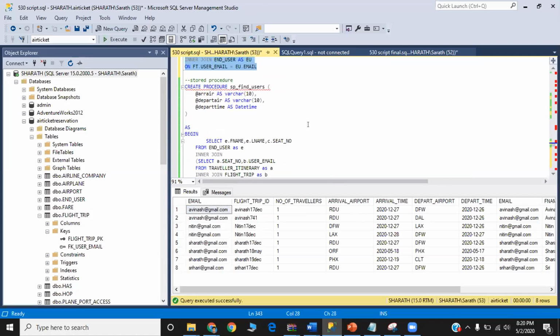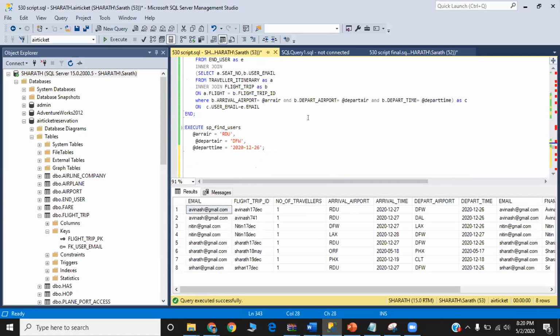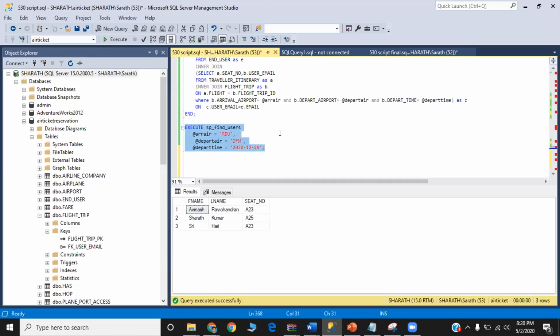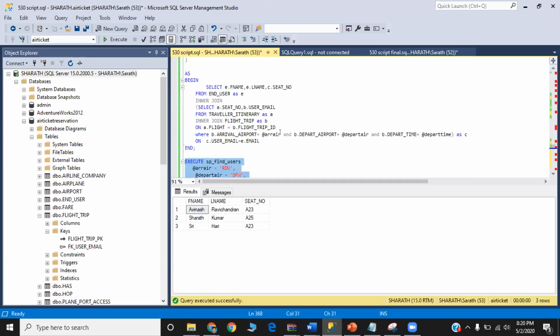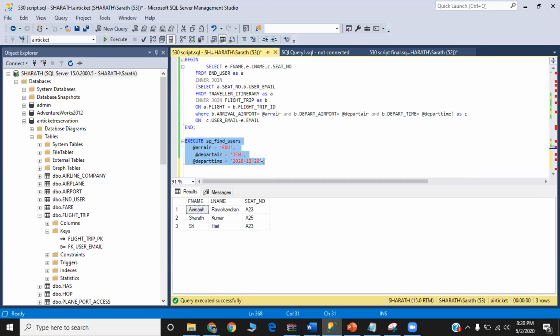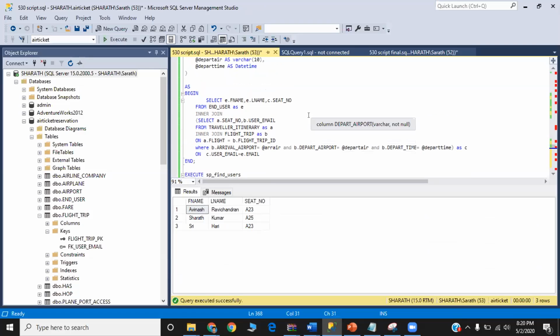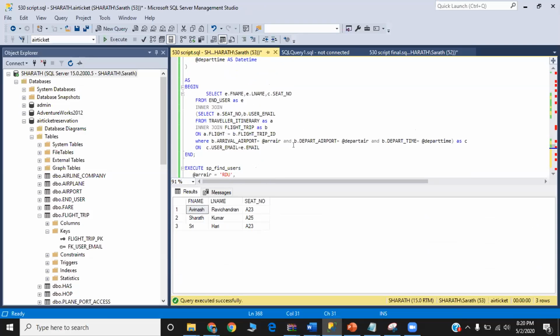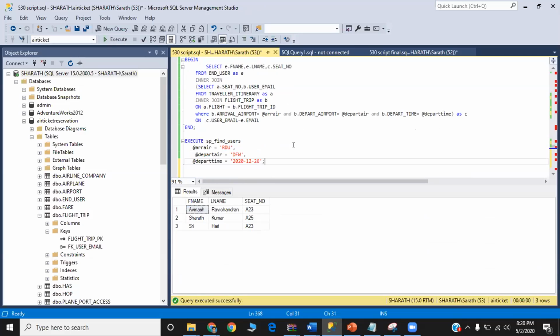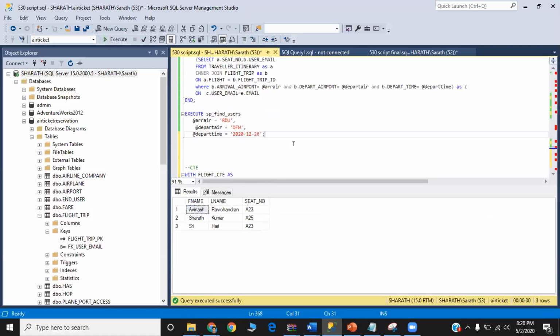Next, we are going to see a stored procedure. In this stored procedure, we are passing three inputs: arrival airport, departure airport, and depart time. Based on this, we can see that these three users have been traveling in that particular airport on a particular date.